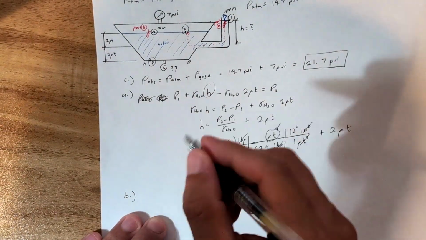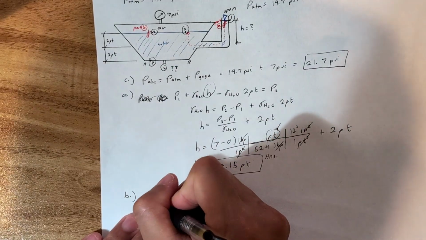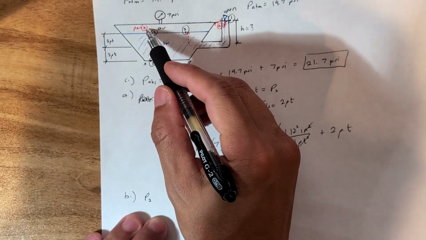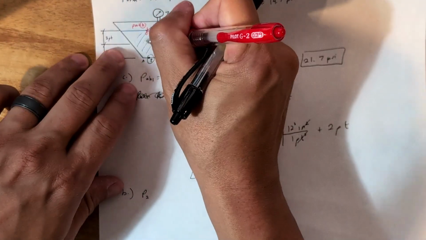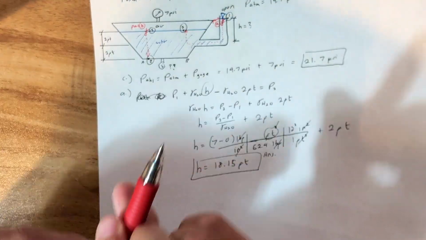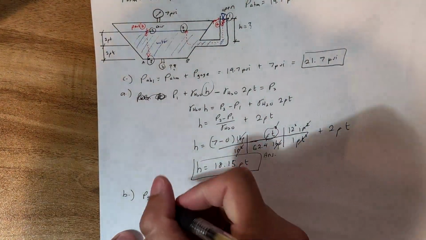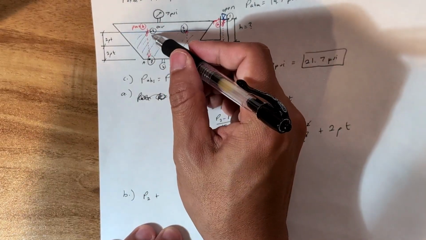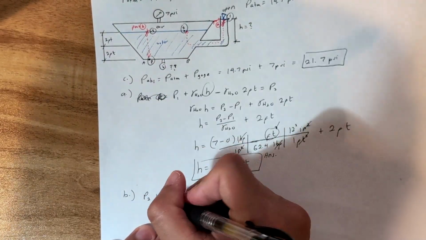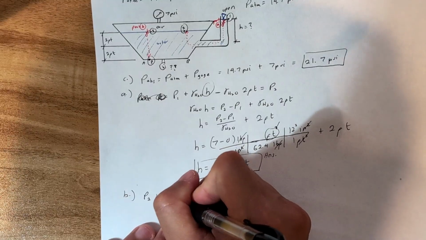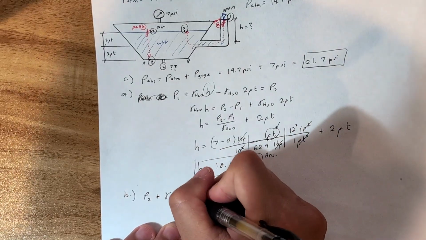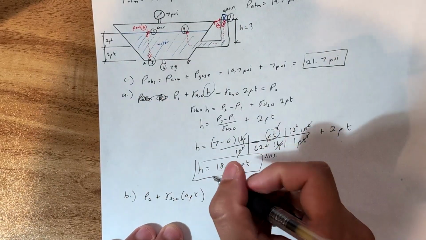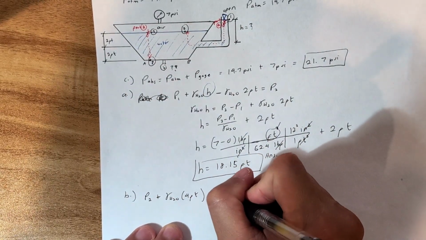We already know what P2 is, which is 7 psi, but we're just going to try to be clear with the equation. So P2, if you're swimming from here all the way down to point 3, it's P2 plus, because again the pressure is increasing as you go down the water, so it's going to be positive specific weight of water times 4 feet. You're going down 4 feet, and that equals your